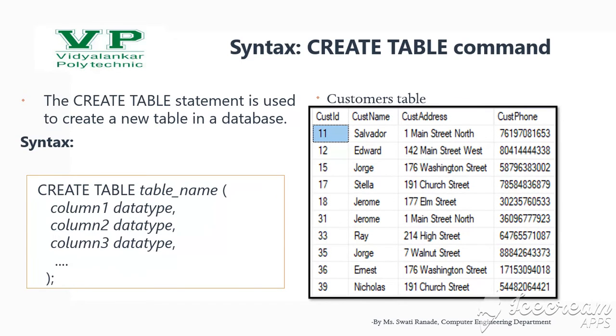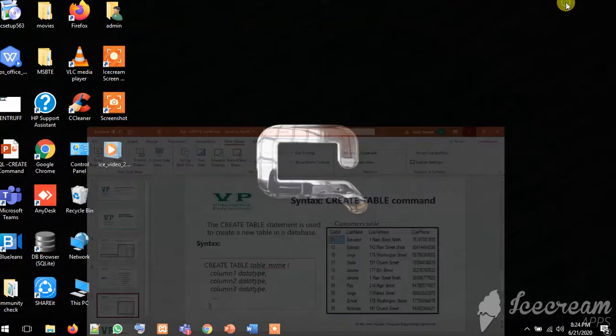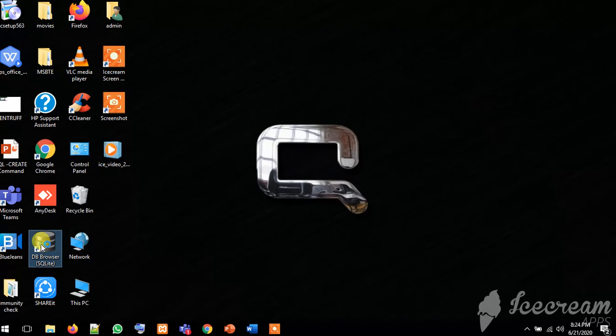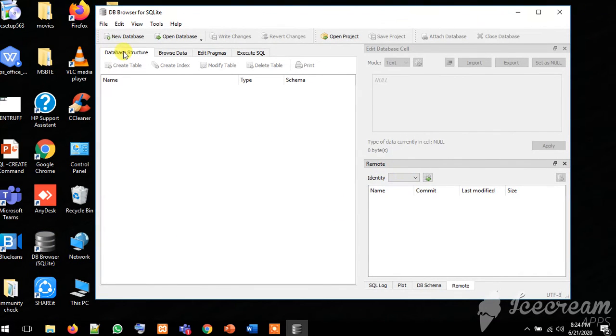So see, in customer table there are 4 columns. If we want to create the same table into the database, let's start with that. Here I have database browser, which is SQLite software. Let's start with a new database creation.